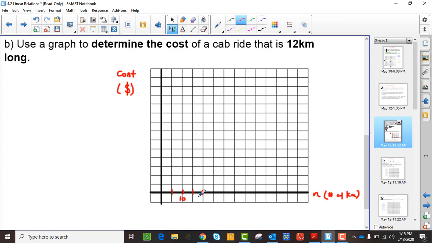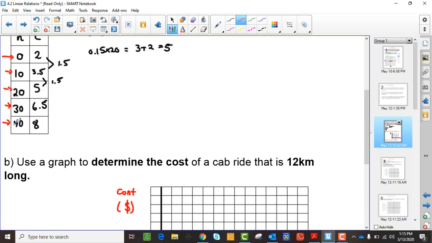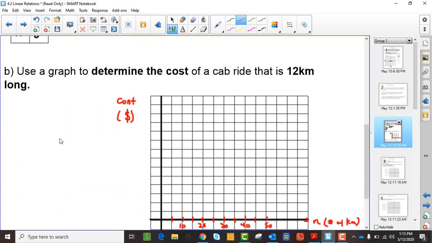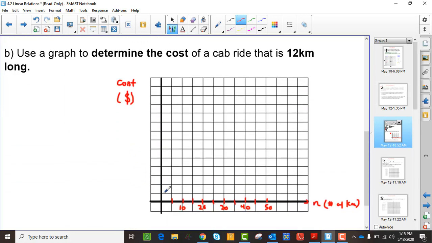So anyway, that's 10. This is 20. Okay, and then 25, 30, and then 35, and then 40, and then 45 and 50, and it would keep going. I don't need to label all of them. For my cost, it's going up by $1.50 every 10, right? But it starts at 2, so I'm just going to go up by 1. So there's 1, there's 2, and then 3, 4, 5, there's 5, 6, 7, there's 8, and then 9, 10, 11, 12, let's say. Okay, and again, you don't have to label all of them